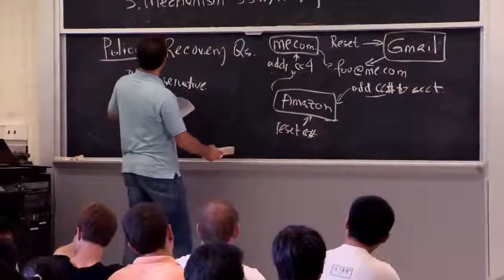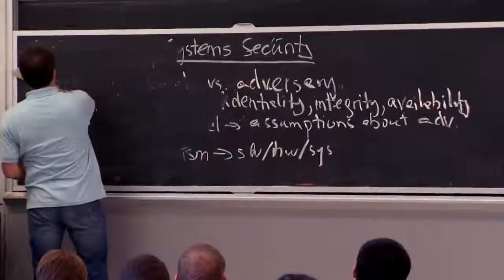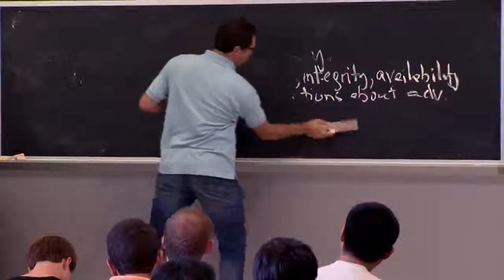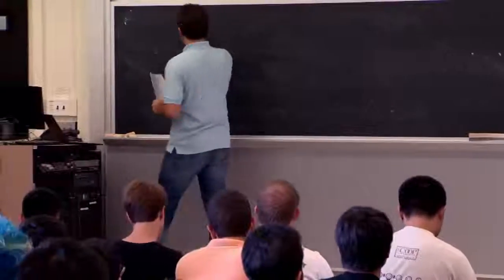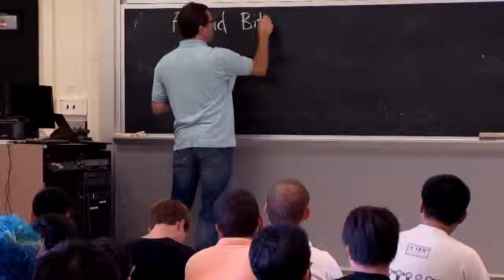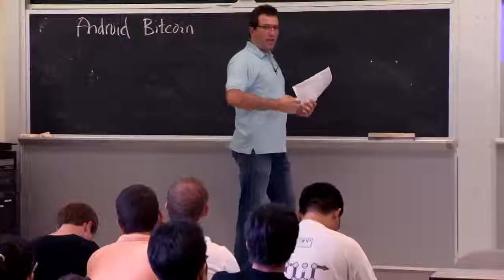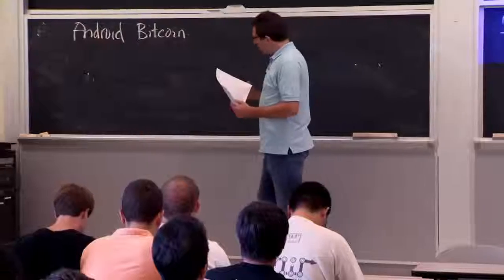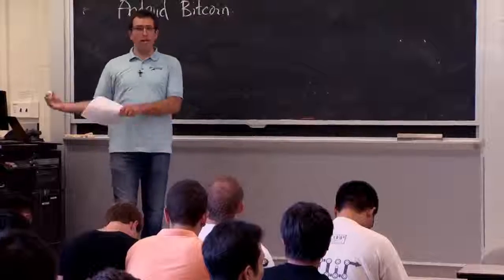Another example that's not so much in missing checks is a problem that showed up on Android phones a couple of months ago. Maybe I'll use this board over here. So the problem was related to Bitcoin, which is, well, I'm sure you've heard of this, an electronic currency system that's pretty popular these days. The way that Bitcoin works at a very high level is that your balance of Bitcoins is associated with a private key. And if you have someone's private key, you can, of course, spend their Bitcoins. So the security of Bitcoin relies quite heavily on no one else knowing your private key.